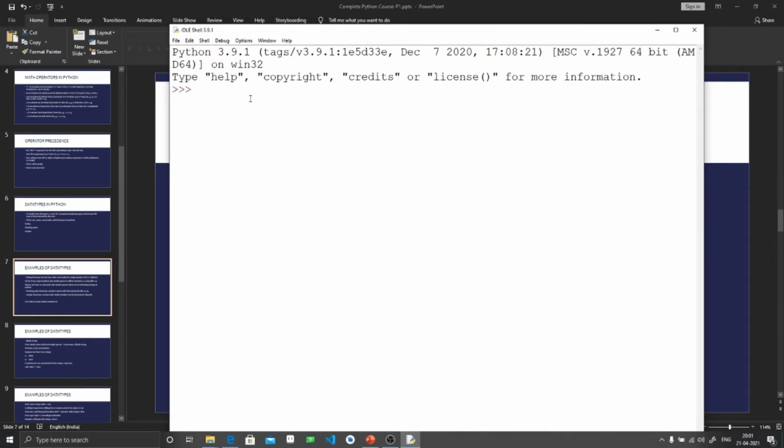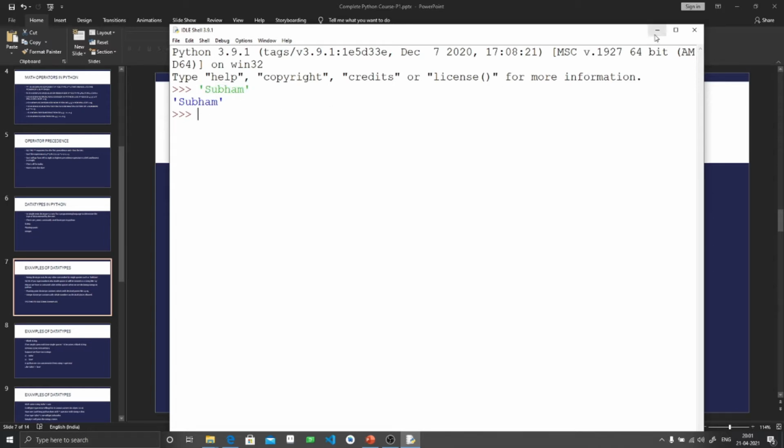Now I will enter a string like I have done in the presentation. You can see that the string is printed in the shell as an output. Whatever you type after this triple arrow will be printed as an output.